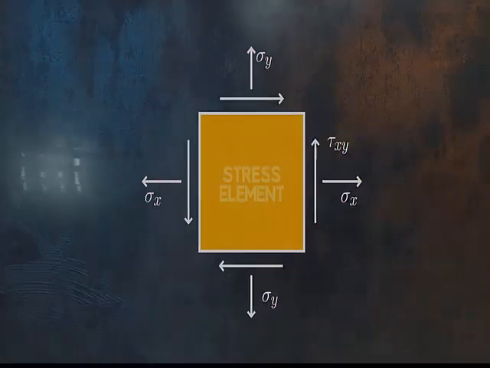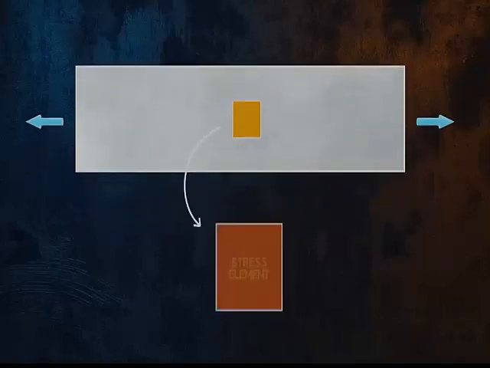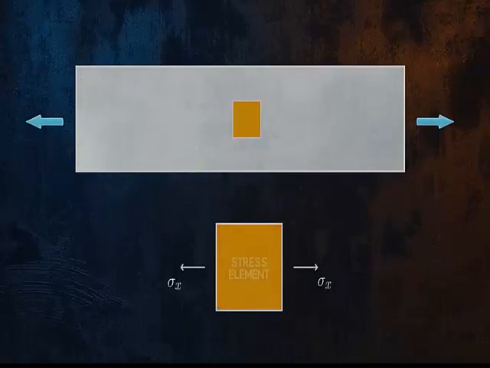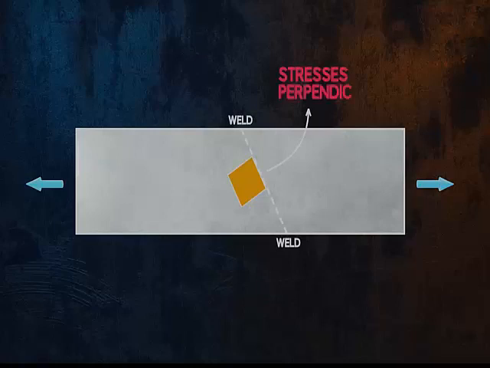Let's look at a simple example of a beam under axial load. Our stress element is aligned with the direction of the applied load, and so the stress state will be very simple. We will only have a normal stress of sigma x, sigma y, and the shear stresses will be 0. But we might want to rotate our stress element to get the stress state for a specific angle. If there was a weld in our structure, for example, we might want to determine the stresses perpendicular to the